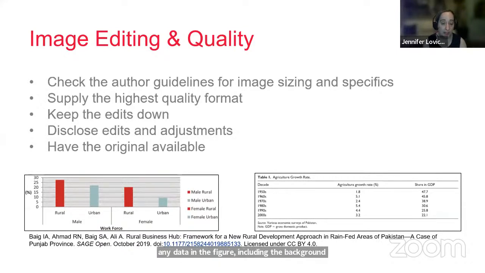Selective adjustments and touch-up tools used on portions of a figure are not appropriate. Keep notes of the changes you are making so you can always be transparent if an editor or future researcher calls a figure into question. All adjustments to images should be clearly disclosed in the figure legend.